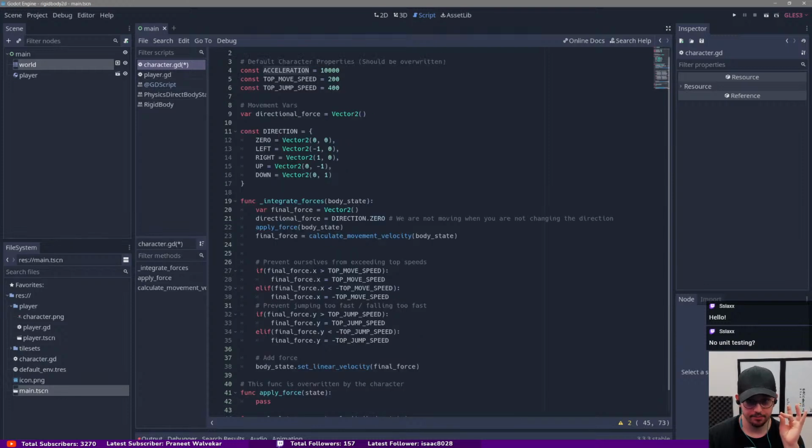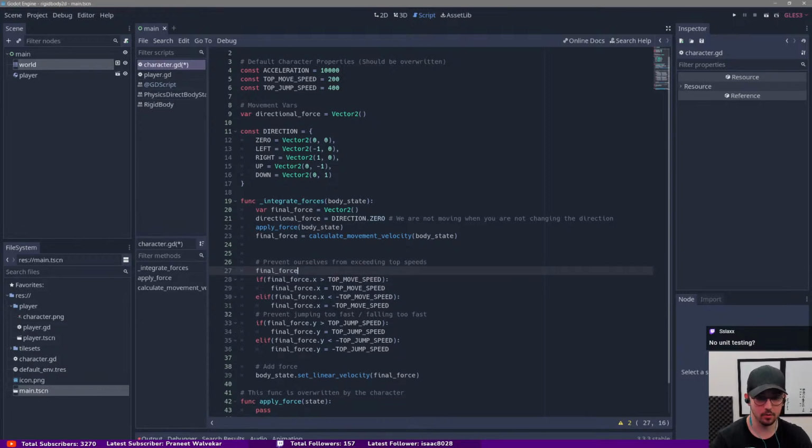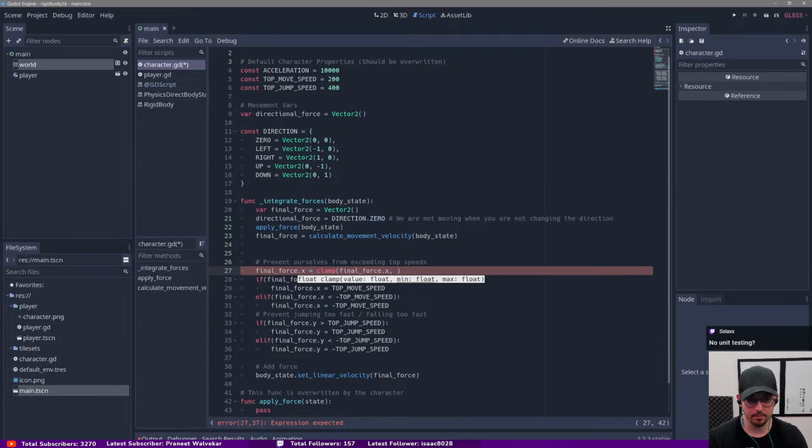So enough rambling from me. Let's go back to our clamp here. I need to clamp this final force X. So let's see if we can run clamp. The value we're clamping is its own value, so I'm just going to send that in there. And we have a range from apparently,